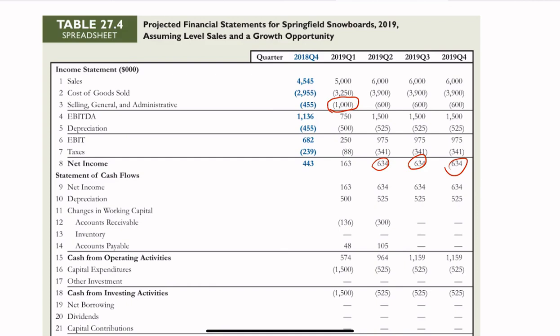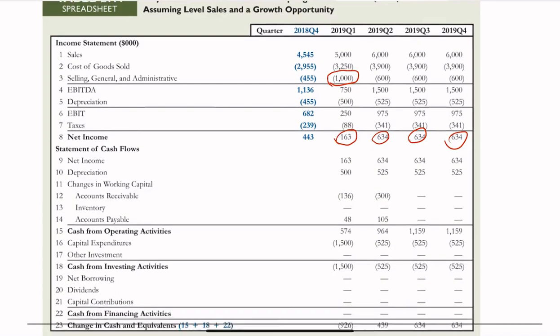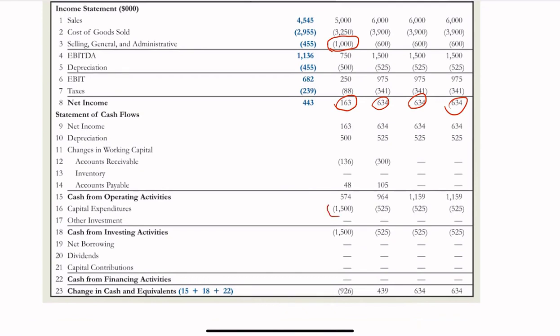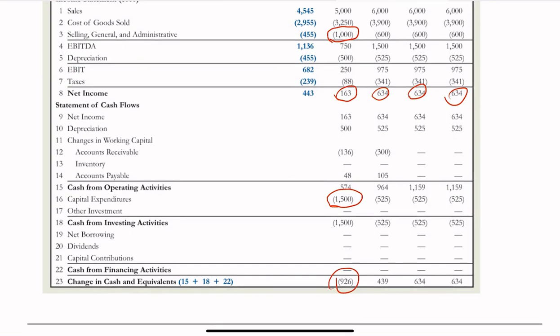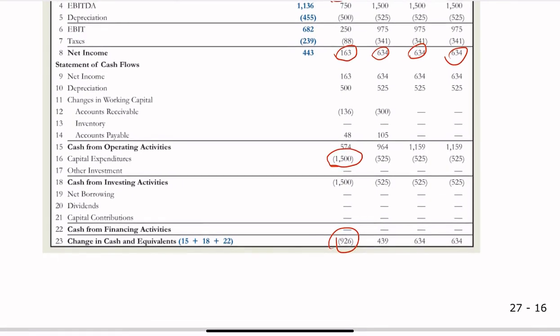So Q1 2019's net income will be lower. And then we will see that the capex will also be higher in Q1. So both of these two expenses, that is larger capex and larger marketing cost, will push down the firm's cash flow in Q1. So what you're seeing here is that the cash flow in Q1 2019 is actually quite negative,